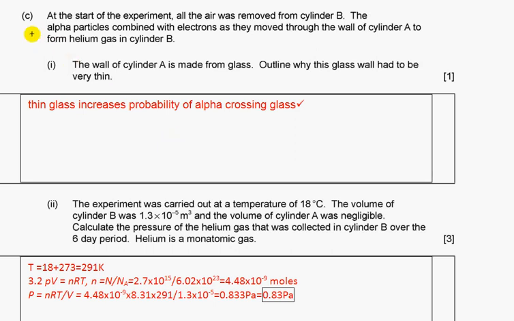At the start of the experiment, all the air was removed from cylinder B. The alpha particles combined with electrons as they moved through the wall of cylinder A to form helium gas in cylinder B. The wall of the cylinder is made from glass. Outline why the glass wall had to be very thin. Thin glass increases the probability of the outward particles crossing the glass, because alpha particles are the least penetrating, most ionizing particles,